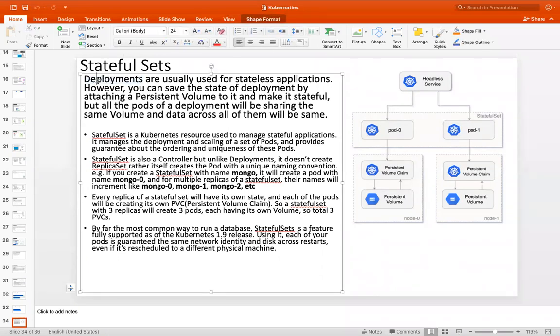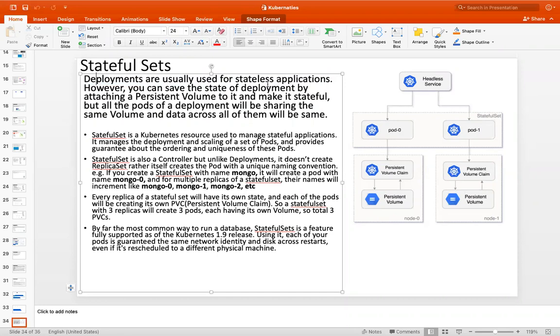As I already told, deployments are usually used for stateless applications. However, if you want to maintain the state, you can use persistent volumes.